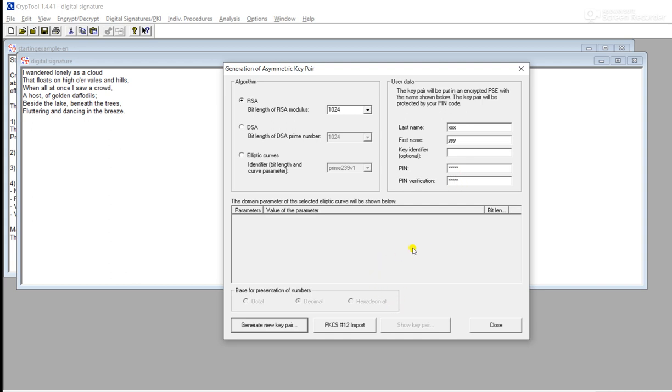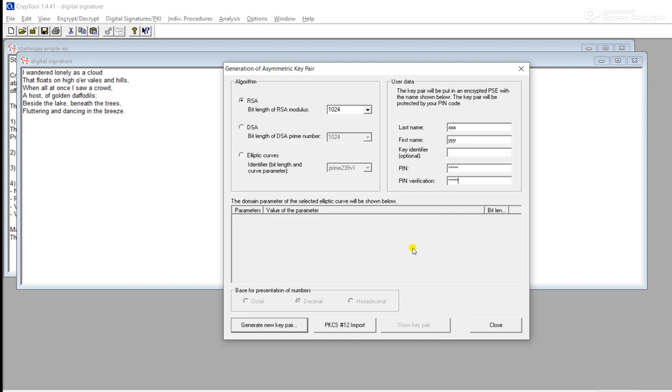Now you know that for using asymmetric cryptography, a pair of keys is needed, that is a private key and a public key. So Cryptool enables you to create a new key pair.